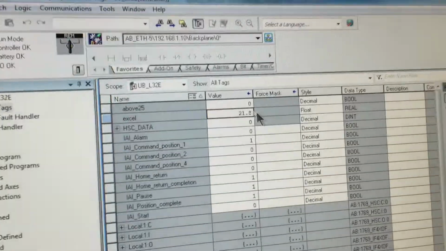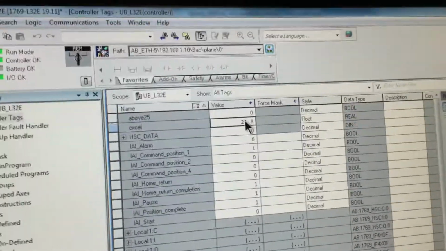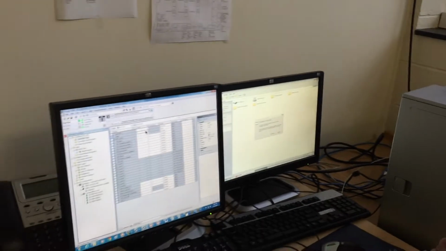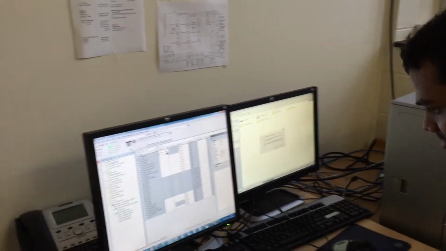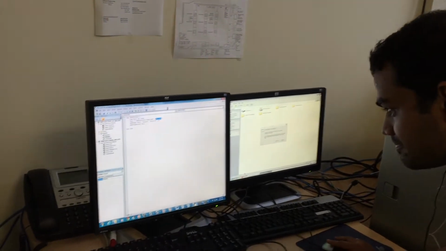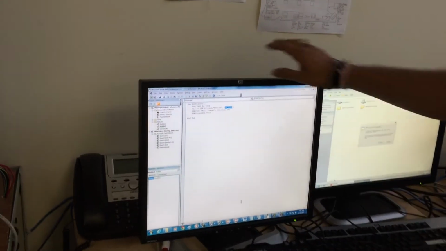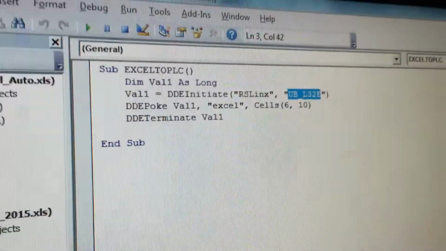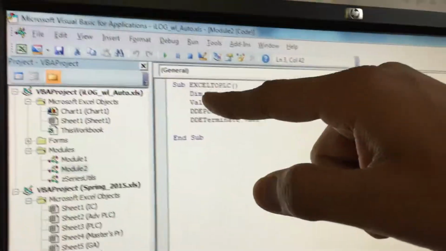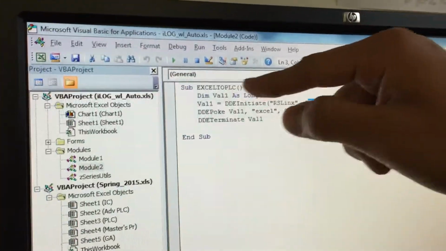So this reading is coming through this real-time value. For that I made the VBA code in the Excel. This is the VBA code. This is a subroutine for Excel to PLC.